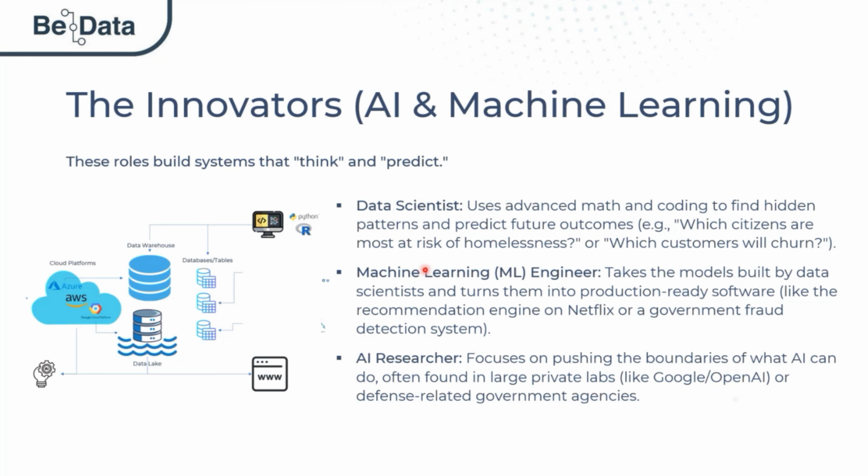The next one is a machine learning engineer. Now, what used to happen is the data scientists are very research oriented. So they build models that aren't able to be used in what we call production environments. So, for example, your website or your app or your smartwatch is a production environment. It's an environment that is production ready, that the consumer can use. The models that data scientists build are not production ready. So these machine learning engineers take what the data scientists have done generally and make them production ready software.